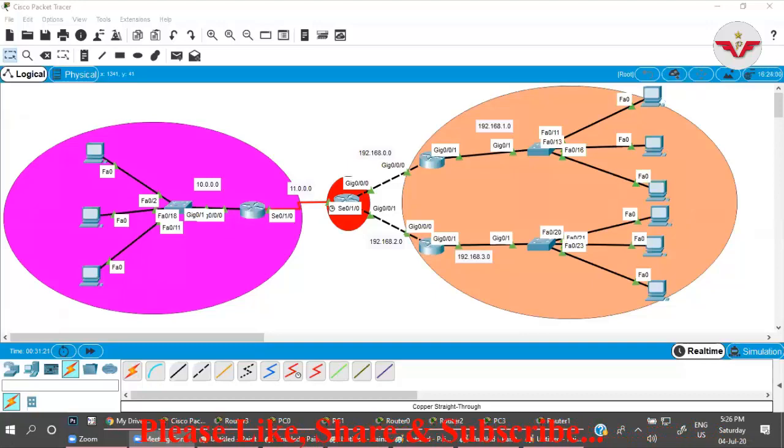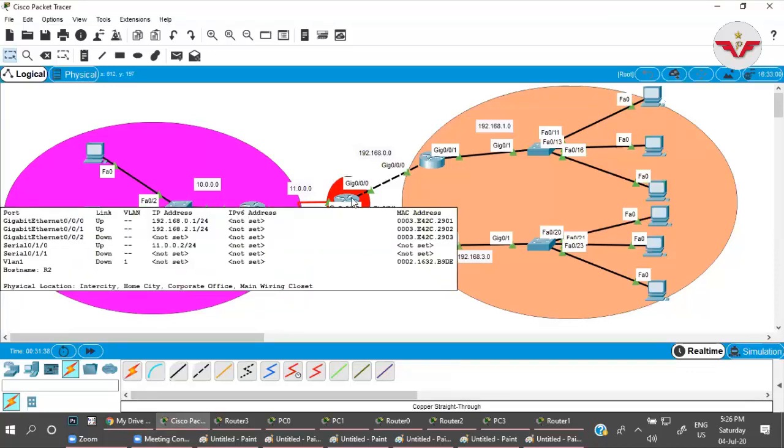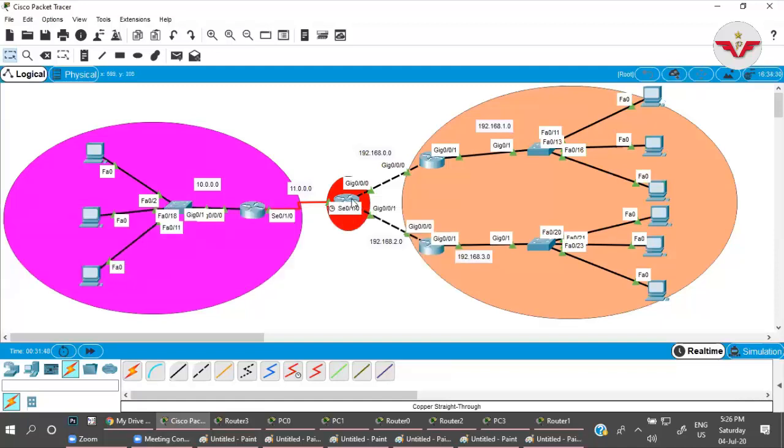Sir, can you explain the default originate command again? Because I didn't get it. Okay, on the border router where you are connecting two protocols, this is the border router for me. On this internal network, I am using RIP. Here, I don't have the information about what network is going there. I just configure the default route for other networks, 0.0.0.0. What does it mean? Any network.